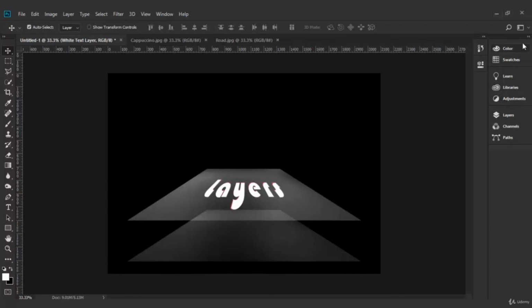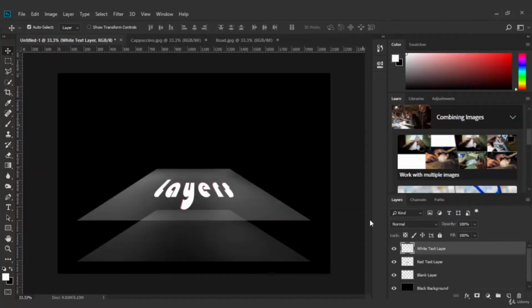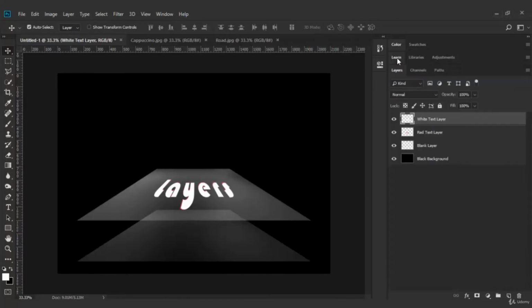And again, if your workspace doesn't look like mine, then you'll want to go up to here and make sure you're clicked on Essentials. And if you are clicked on Essentials, then go ahead and click Reset Essentials, and that's going to pop open our Essentials workspace. And then we can go ahead and minimize some of these that we're not going to use, like the Color panel and the Learn panel. And that's just going to leave our Layers panel open,